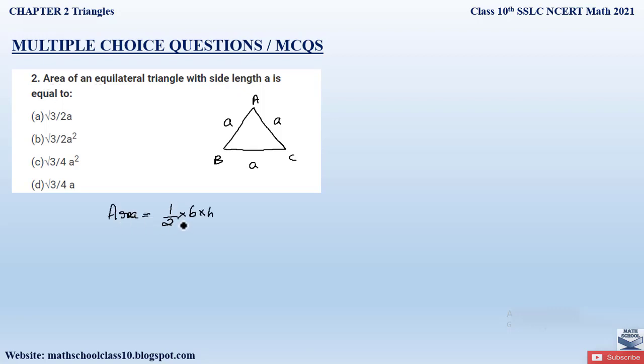Area of a triangle is given by half into base into height. Here our base is BC, which is equal to A, whereas the height we don't know, that we have to calculate. So let us draw a perpendicular from vertex A to our third side BC. So this will be our height. This perpendicular is 90 degrees to the base and also it divides the base into two equal parts. So BD will be A by 2 and DC will be A by 2, since the whole length from B to C is A.